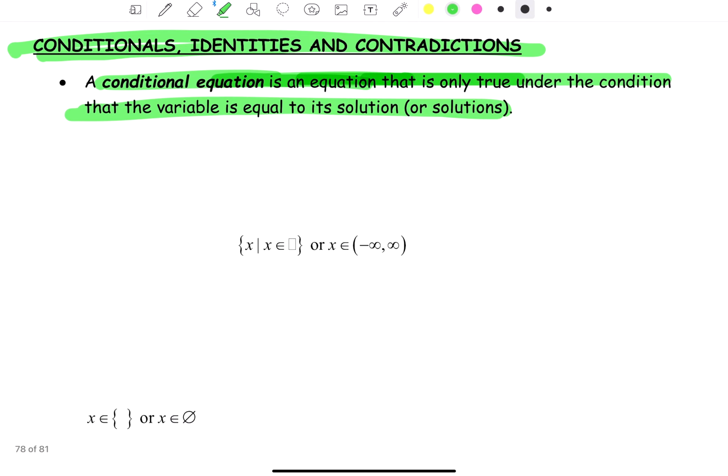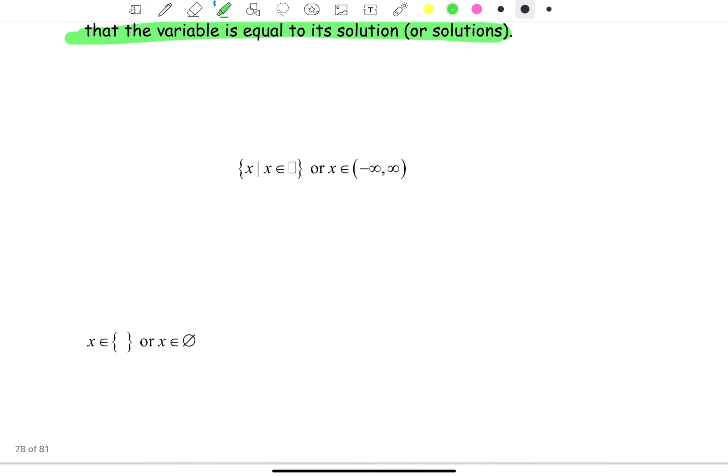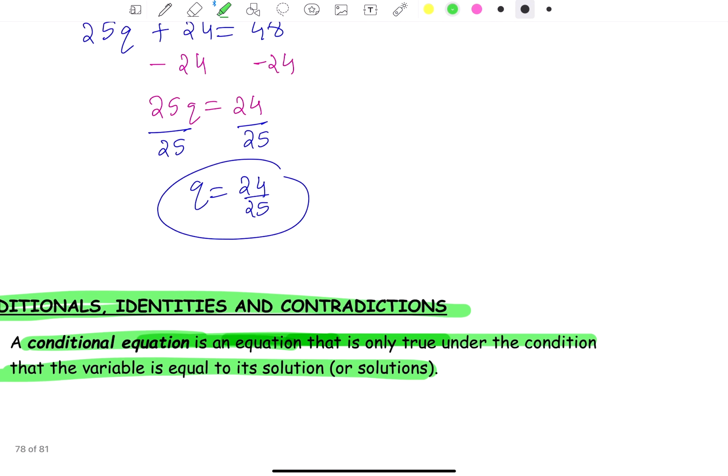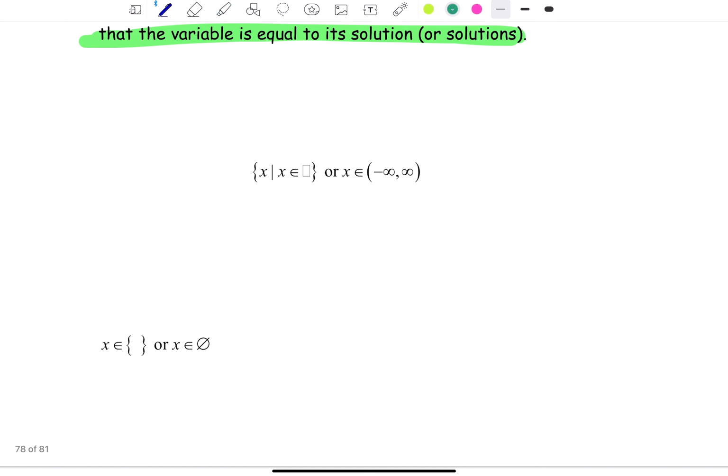Another example would be identities and contradictions. In a contradiction, we end up with left and right hand side not equal to each other. In that case, we don't have any solution. We say there's no solution to that problem. There is no value that the variable can take on that will make the left and right hand side equal to each other. We also have